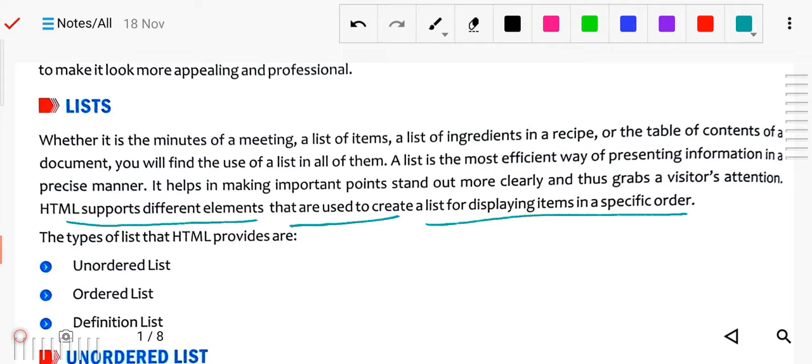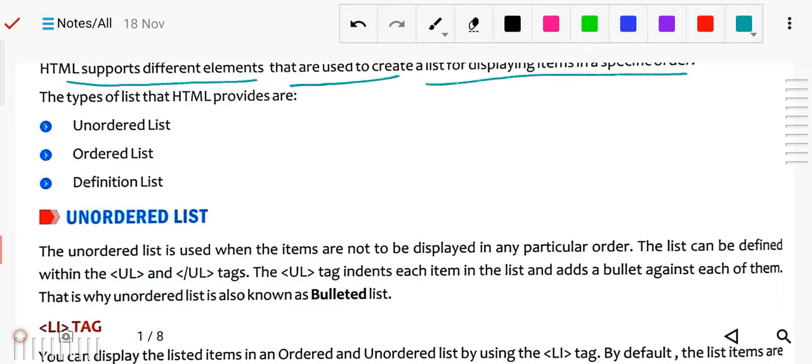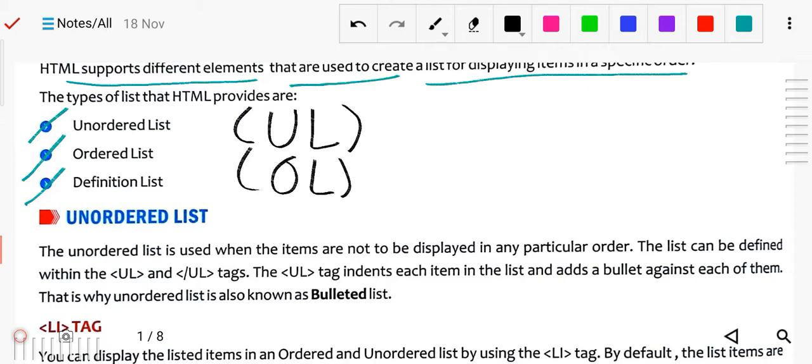There are three types of list provided by HTML: unordered list, ordered list, and definition list. In short, remember: UL means unordered list, OL means ordered list, and DL means definition list.